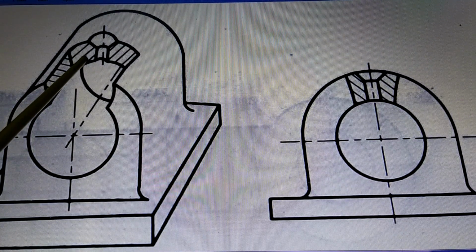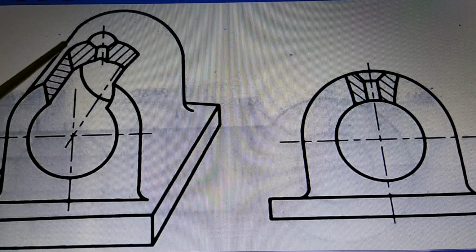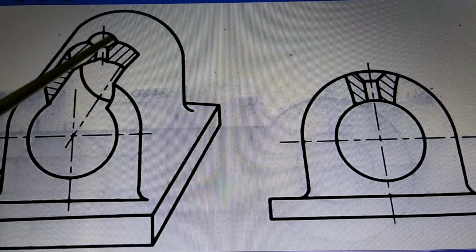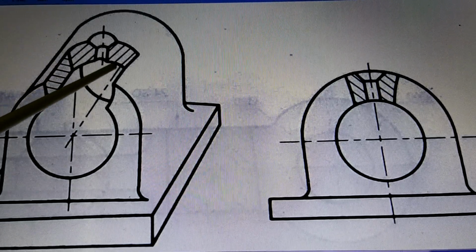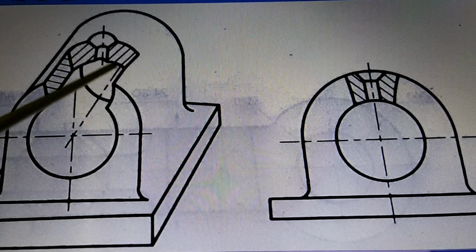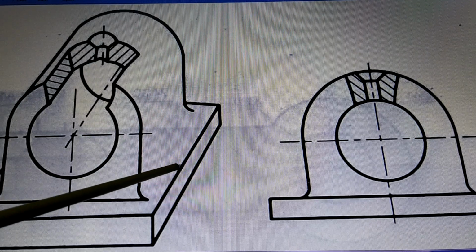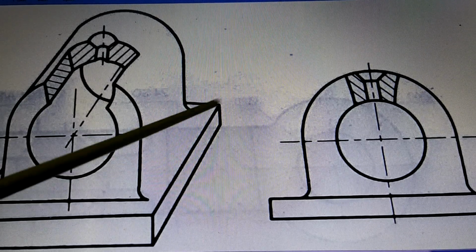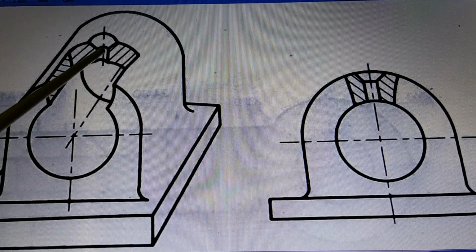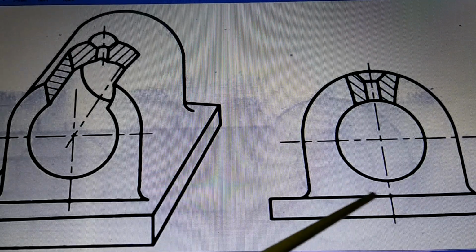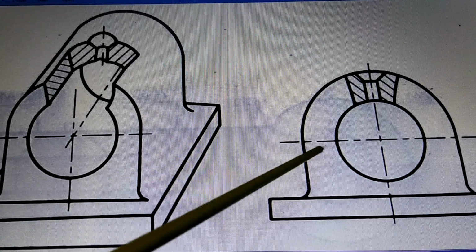Okay, this is another figure, another type of section. This is called the partial section. Partial means the entire object is not cut. See, the objective here is to show the details here. What is here, that is to be shown. So only this much part is removed and you have shown the internal details. For the rest of the place, the section is not important, therefore it is not shown. So you can see here, partially it is cut and you have shown this hole. The shape of this hole is shown here. The rest of the object is still seen as an outside object, like an external view, like the usual view.